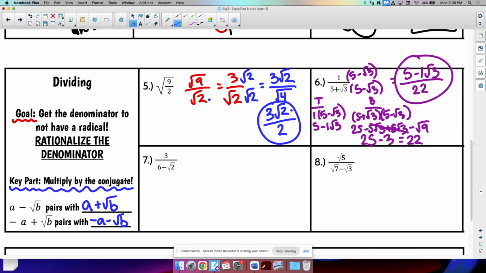Done. No more radical in the denominator. If you want to split it, you can. We don't really need to. Okay, next one. So again, to do this division, the real issue is we can't have this radical in the